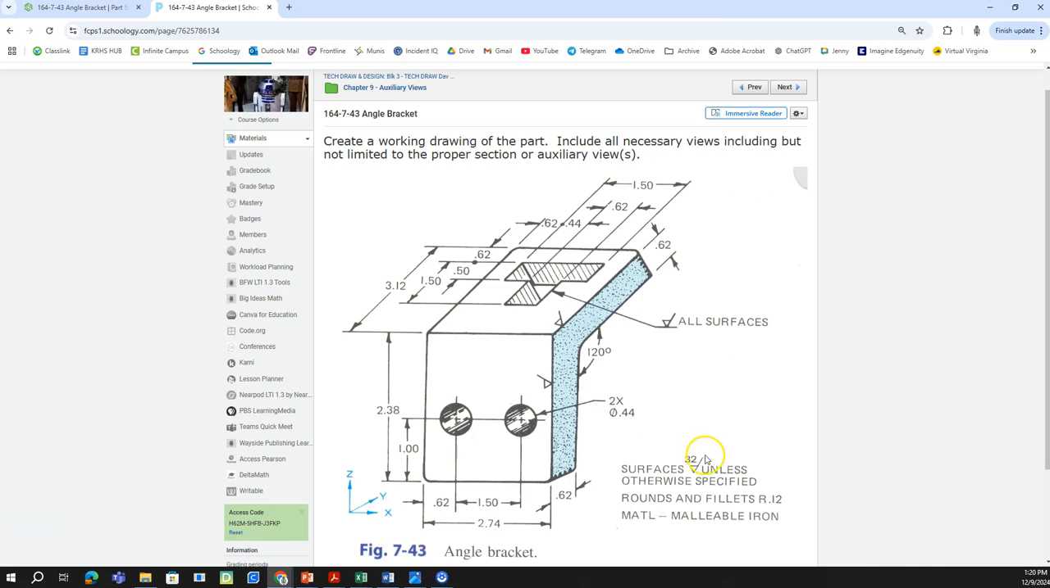We're also not going to worry about this symbol here. We're not going to worry about that right now. We're just going to make auxiliary views. So it's